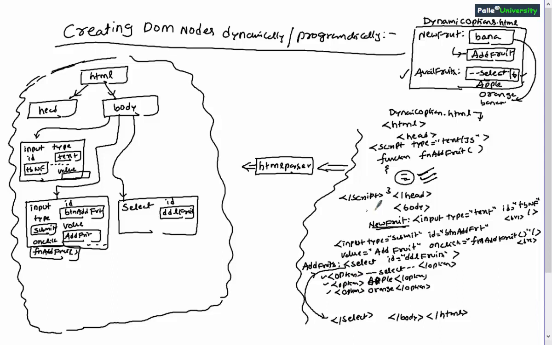You observe, inside body directly this input type equals text is a child of the body. In a similar way, these options are the children of the select. So obviously I must show these options as children of this drop down list, or of the select node. So probably the code appears like this: option, and the data present in between the option angular brackets will, as per my understanding, be stored inside the inner text property.